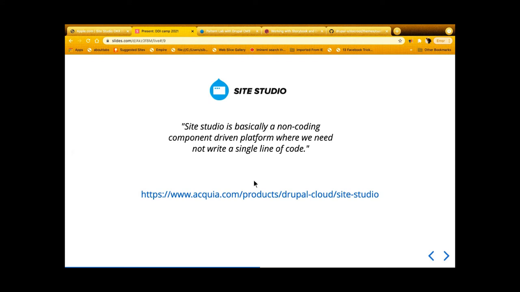Site Studio is basically a no-code platform where we don't need to write a single line of code. It came into existence a few years back, so that in order to make a site, we don't need to write custom code or custom CSS. We just need to add a module and a Site Studio component, and then include it. I'll go through an example later of how we use Site Studio in our Drupal project. For instance,